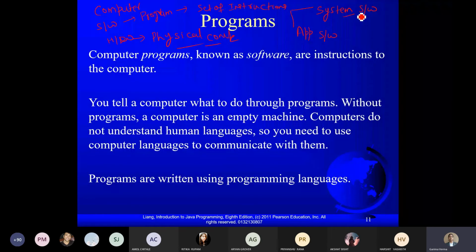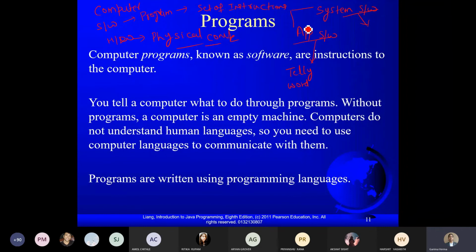System software are the software which are required to run your system, and application software are the software which provide you facility to work with a particular application. For example, if I wish to maintain the accounts, I can have Tally on my computer. Using Tally, I can maintain my accounts, but I cannot type the application with the Tally. So for that I will install MS Word. Right. So application software are the software which are used to work with a particular application, to solve a particular purpose.